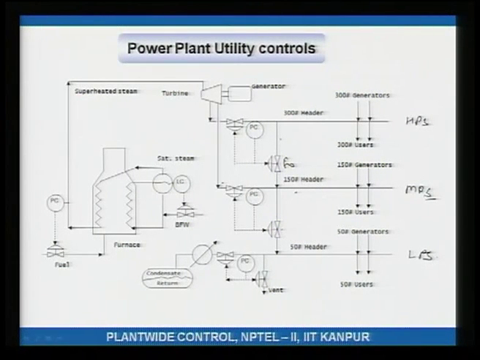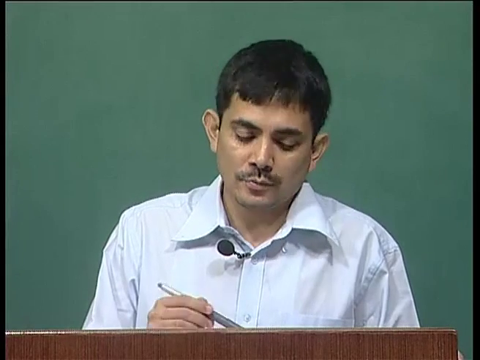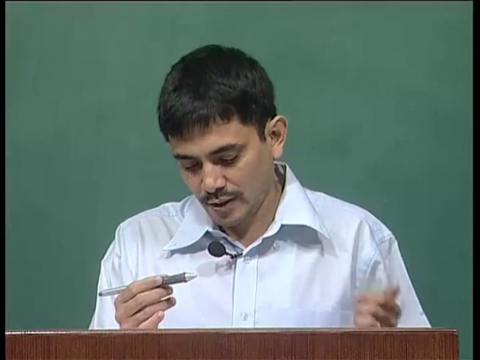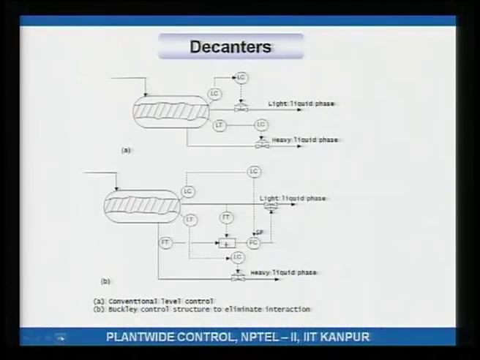How do you maintain the pressure of the superheated steam? By putting in sufficient fuel. So, if the pressure is going down, heat up more, if the pressure is going up, heat up less. So, this is what we have in power plants. I think the last one is this decanter business. Red light has gone up, but let us see, it will take maybe 2, 3, 4 minutes.